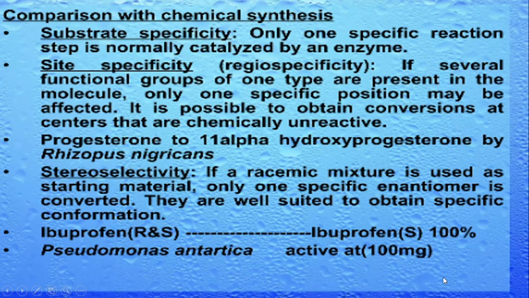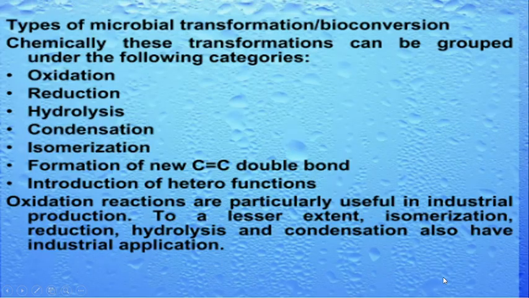Okay, so the specificity is very high in the case of microbial transformation, and the number of steps and the economic input are very high in the case of chemical transformation, chemical synthesis. So microbial transformation is again preferred over chemical synthesis. So when we are looking at microbial transformation or bioconversion,